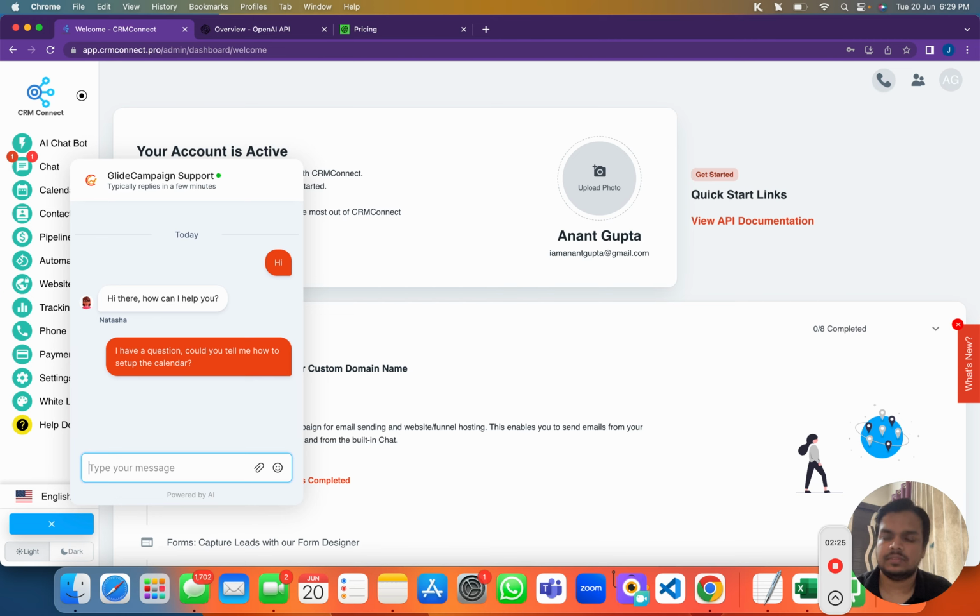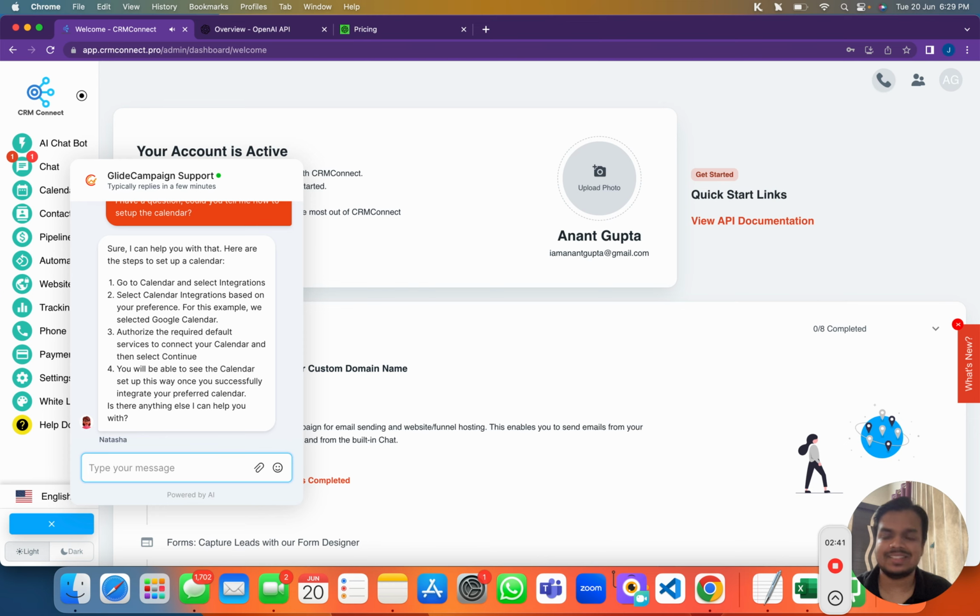And let's see. And look at this, right? Here are step by step instructions to set up your calendar. Go to your calendar, select the integration, select calendar integration, right? It's also giving the example, authorize the document, and then it's asking, is there anything else I can help you with, right? Okay. How do I create a form,